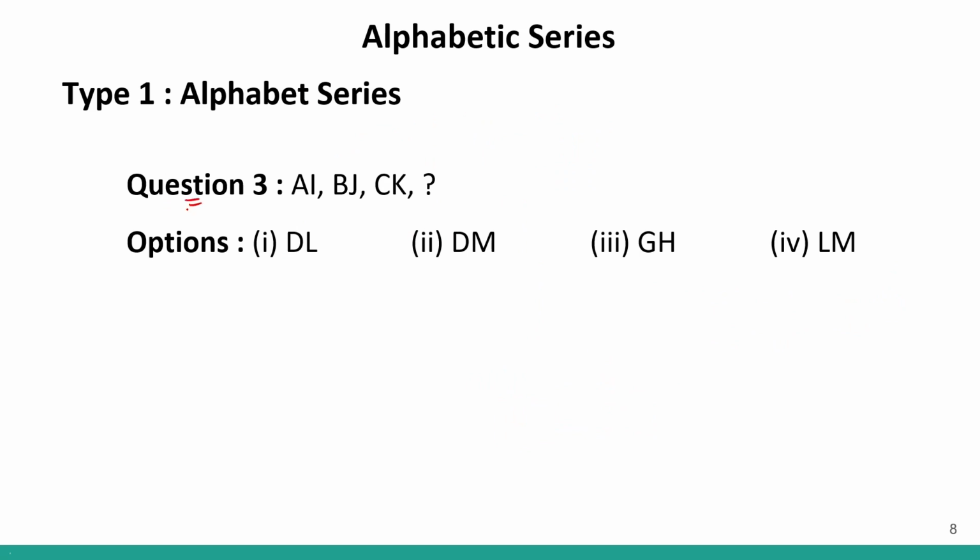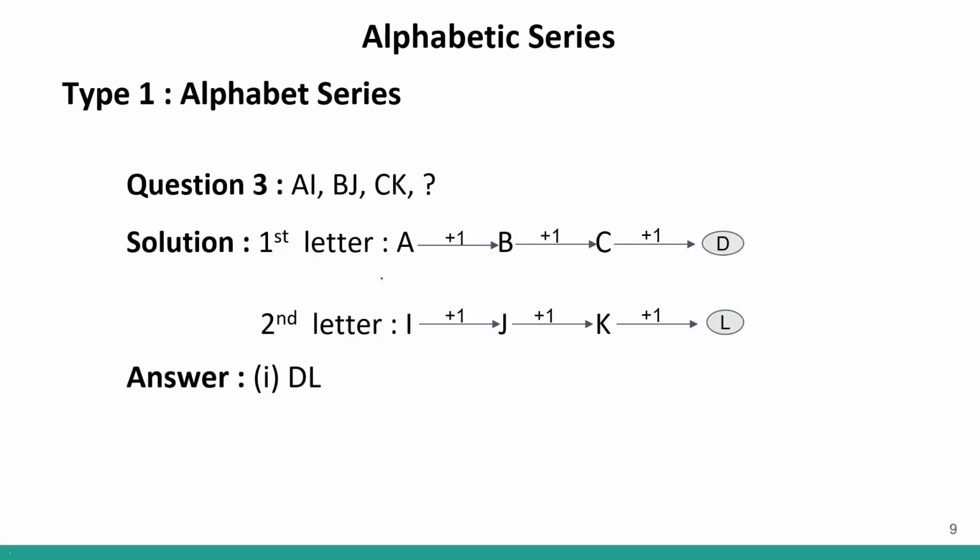Now let us look at question number 3. Again, I can see 1, 2, 3. This will be the forward ranks of the first letter. So the next letter will be 4, that is D. Now let us look at the next letter. Over here we have I, which is 9, J, which is 10, K, which is 11. So clearly it is 9, 10, 11 and then 12. So at 12th position we have L. So my clear answer will be DL, which is given in option number 1. Therefore, option number 1 will be the correct answer to this question. Clear? Very simple questions. This is the solution. We are just moving one place ahead.